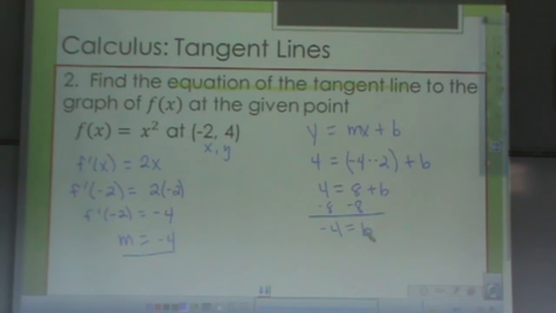So the equation of my tangent line, if I want it in slope-intercept form, I already know my slope is -4. I found that earlier. And I just found my y-intercept, which happens to also be -4. So I will put those two together in slope-intercept form as y equals -4x minus 4. So that is the equation of the line tangent to the graph of y equals x squared at the point (-2, 4). And just like before, we can check